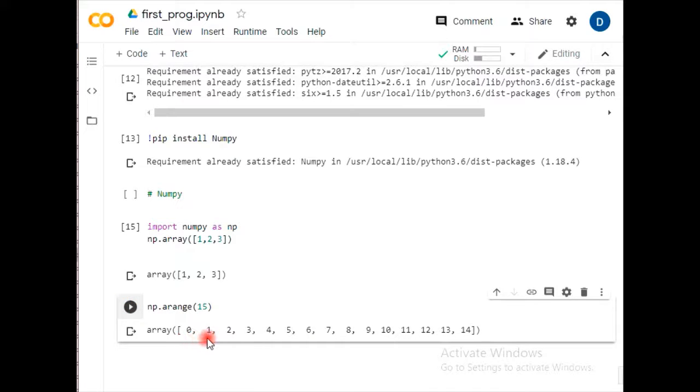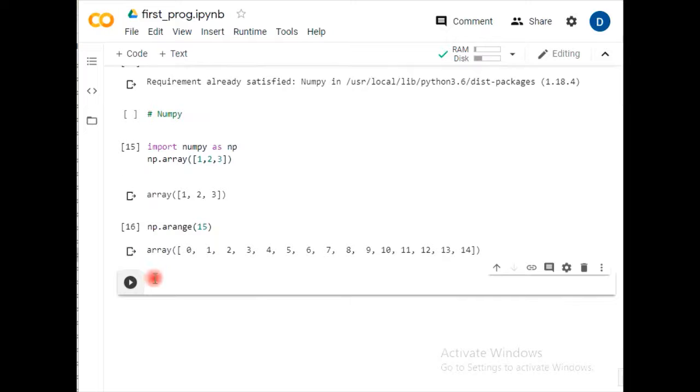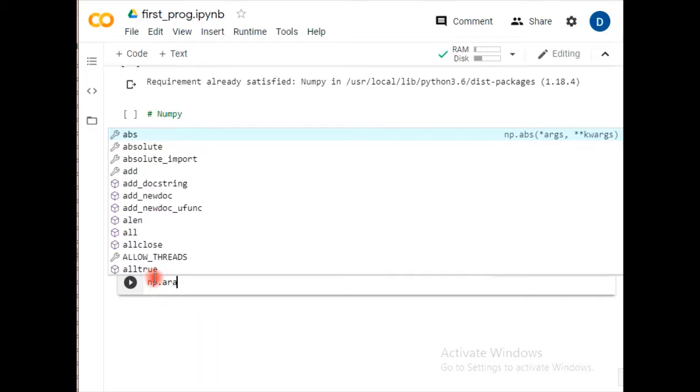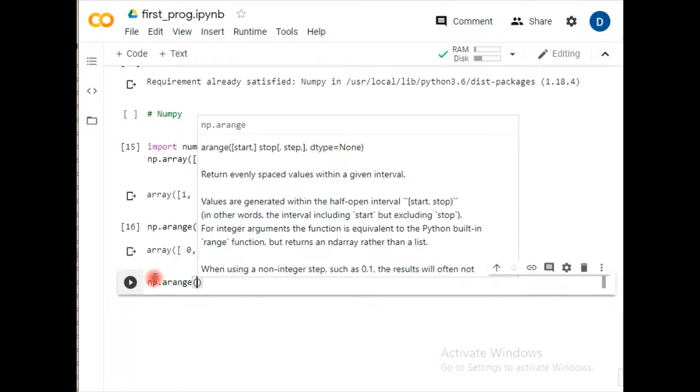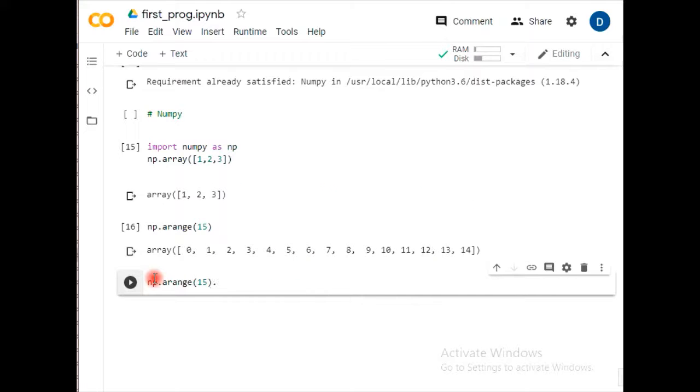So it has given a value of 0. Basically this is an attribute of NumPy array. So this is arranging it from 0 to 15. Similarly, more attributes and more scripts are here. Let's begin with more. Like another example, I'm using this script to arange 15 and reshape 3, 5. Let's see.